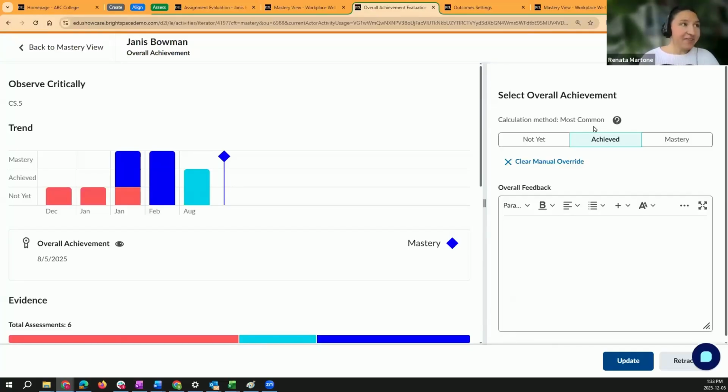So everything that we've looked at so far is part of our core learning outcomes tool. So if you're already familiar with learning outcomes, this might have been just a quick review for you. And if you're new to learning outcomes, I hope this helped you understand how the learning outcomes tool works in Brightspace. What I'm going to show you now are components of our Achievement Plus package and how it stands out and how it helps. So let's jump into the